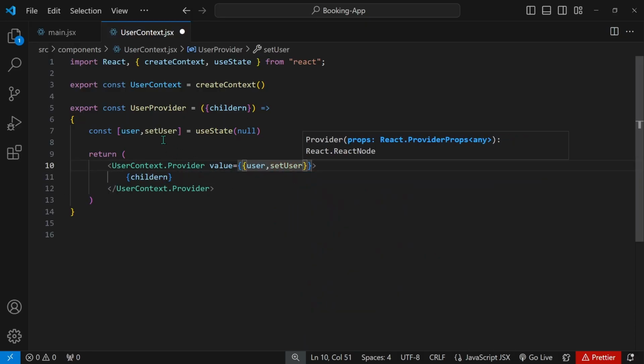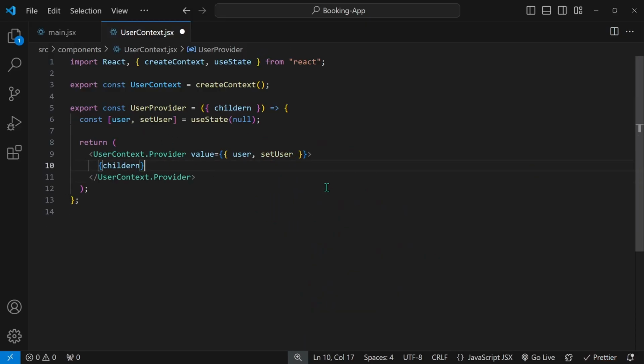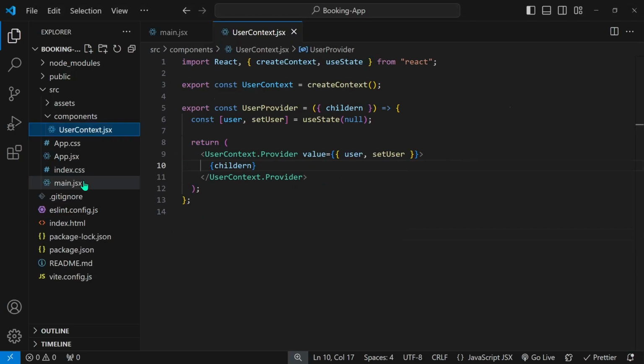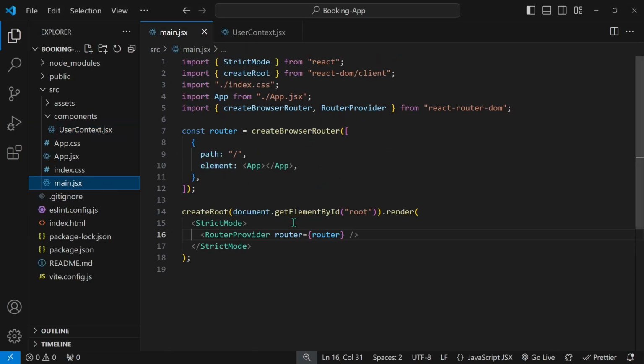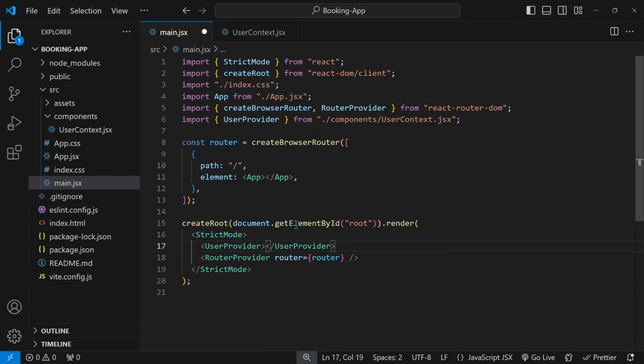These are the two functions from our useState. That's basically it. Now what I like to do is come back to our main.jsx and import this UserProvider. There we go, it gets an auto import. And I can wrap the whole RouterProvider in the UserProvider,